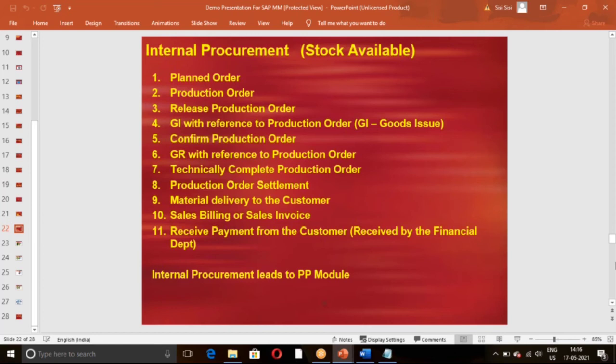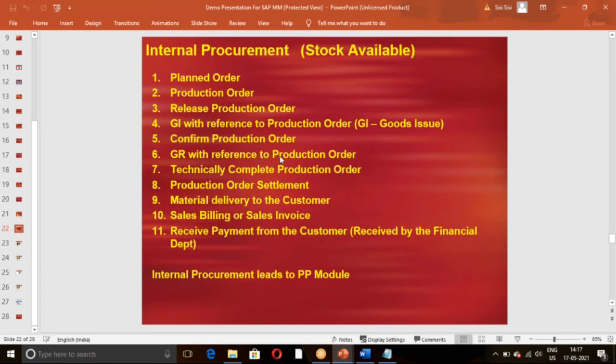So here we have the stocks of the raw materials. Therefore, goods issue again is a production order. From stores, we'll supply the raw material to the production department. The production department will give and confirm the production order. And here we also create a GR again, as the production order. Same document: GR with reference to production order, GR with reference to purchase order.